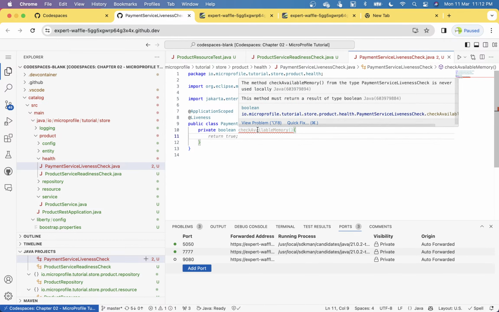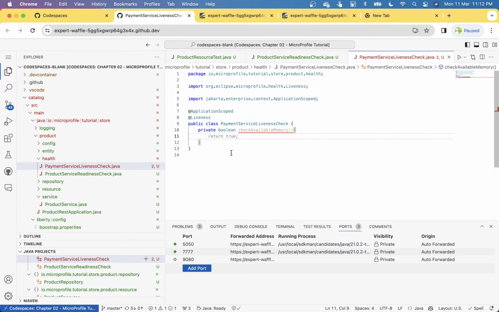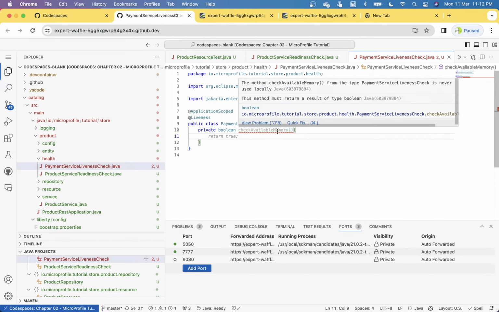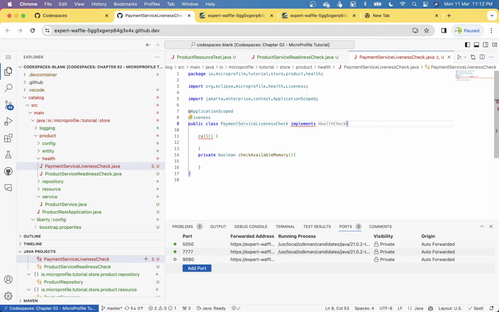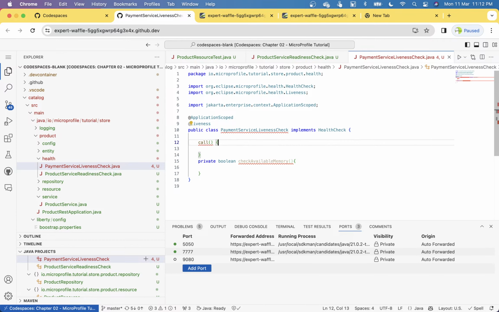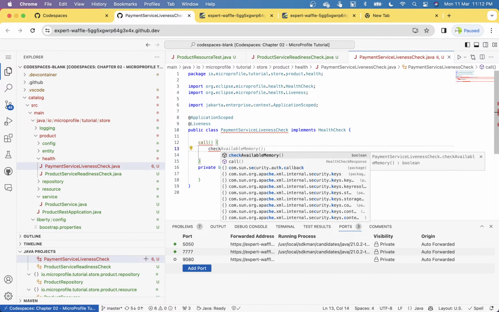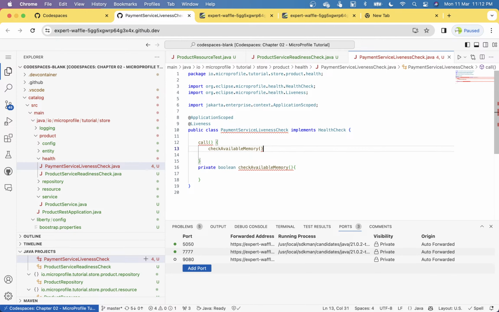And we will also have a call method, call, and here I have to say implements health check, call, check available memory, and